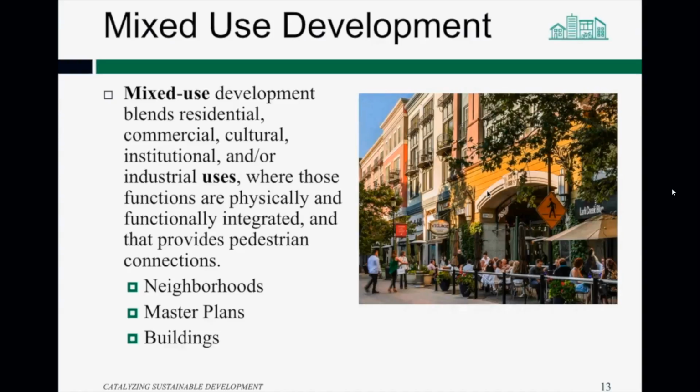Now, many people in the past have chosen not to pursue this type of development because it has been a little bit more challenging to finance, but many banks and institutions are becoming more aware of the need for this type of development. So these are essentially just other uses that are factored into the pro forma that you end up sending to a lender. And again, the importance here is that you can develop mixed use buildings, which certainly when you first